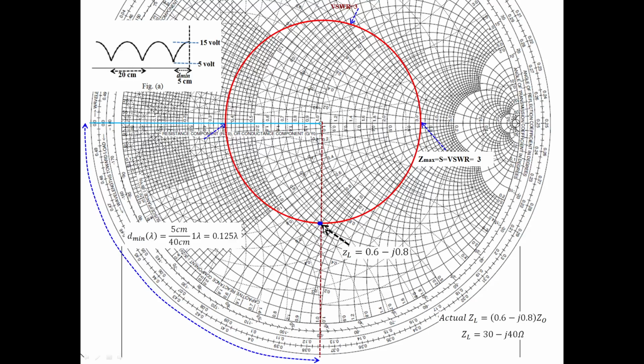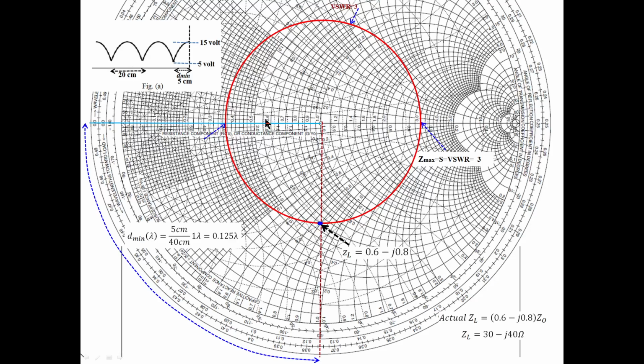So read the impedance, that means read the resistance value and the reactance value passing through this point. We have drawn a line from the wavelength scale to the center of the Smith chart. It cuts the VSWR circle here. You read the impedance here. The resistance circle value is 0.6, it is written here. What is the reactance circle value? 0.8 is passing through this. This is the 0.8 reactance circle. Below the axis, reactance values are negative, so it is minus 0.8. This is 0.6.